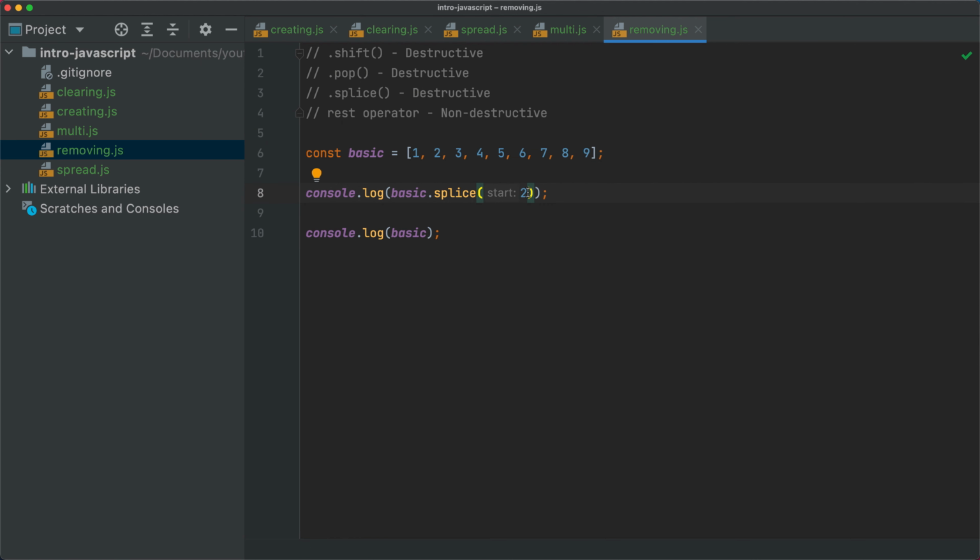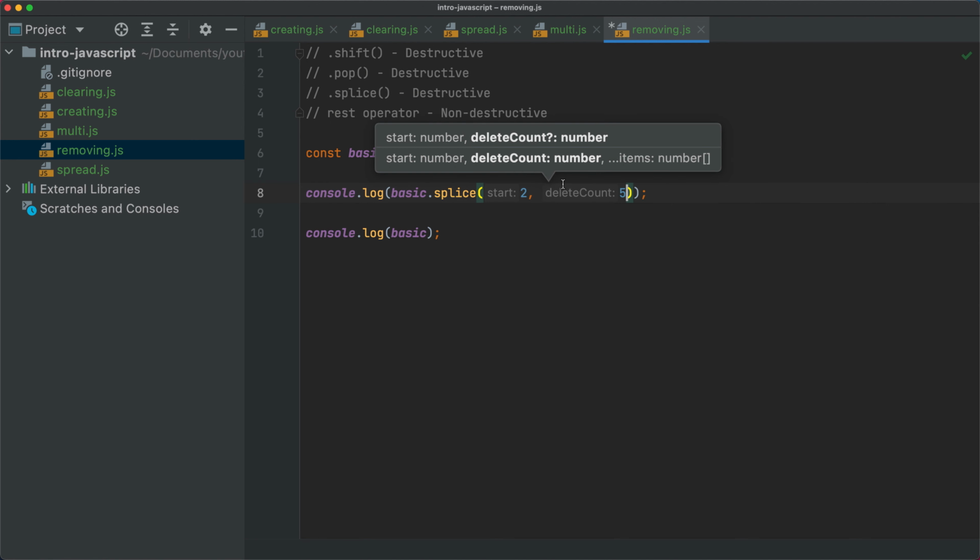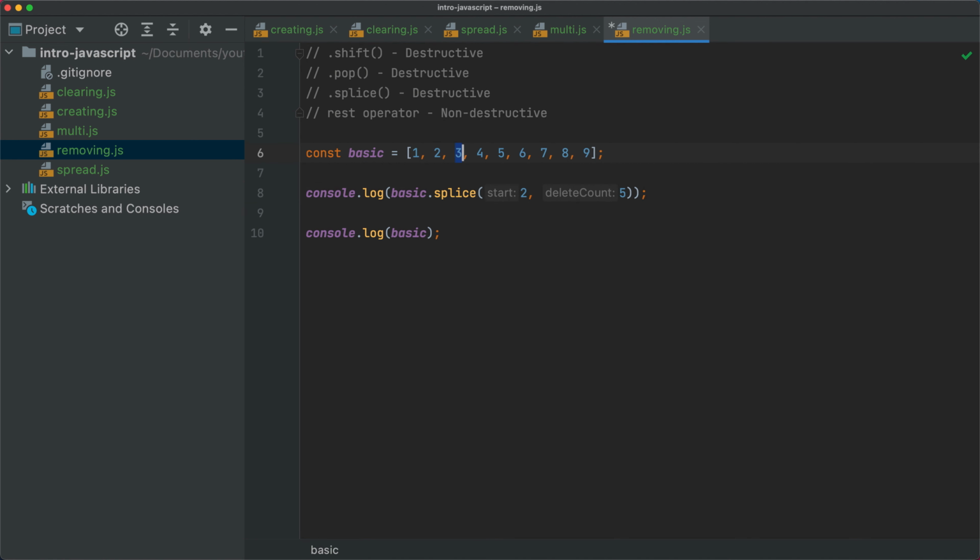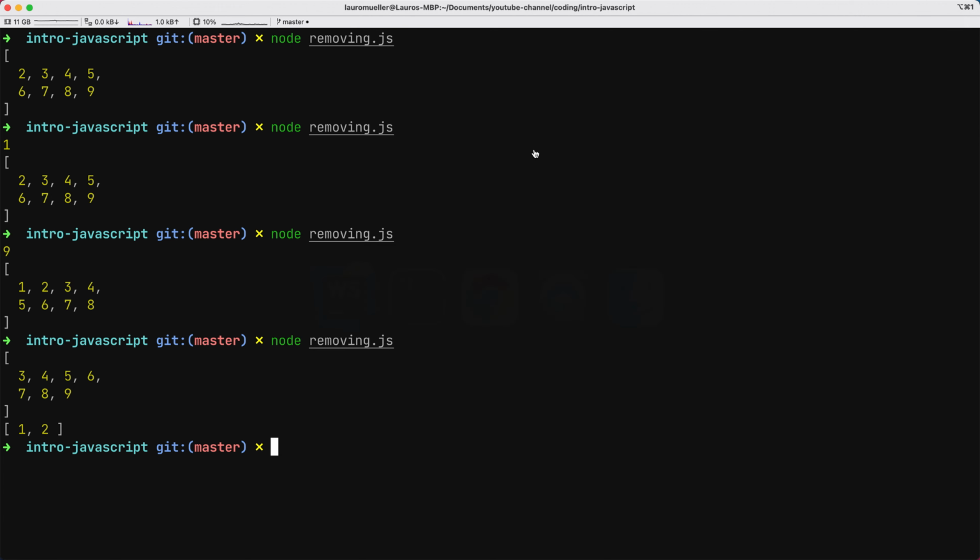If I pass an additional argument to the splice method, let's say 5, this is going to be the delete count. So it's going to start at index 2 here with the element 3, and then it's going to remove 5 elements, so 3, 4, 5, 6, and 7. If I save this, the final 2 ones are going to be left in the array. And if I save this and execute, then you will see here are my 5 removed elements, and here is